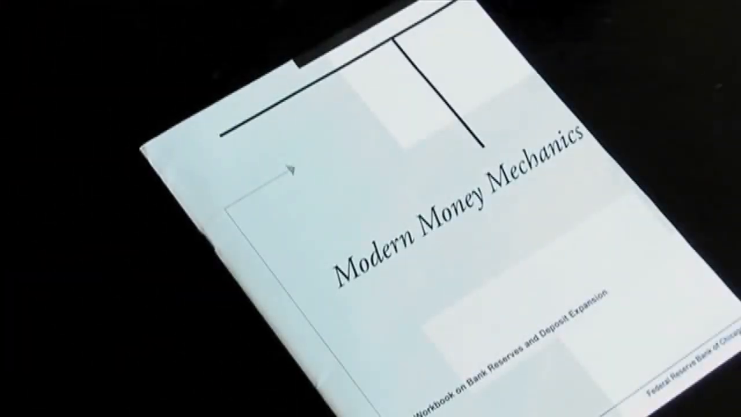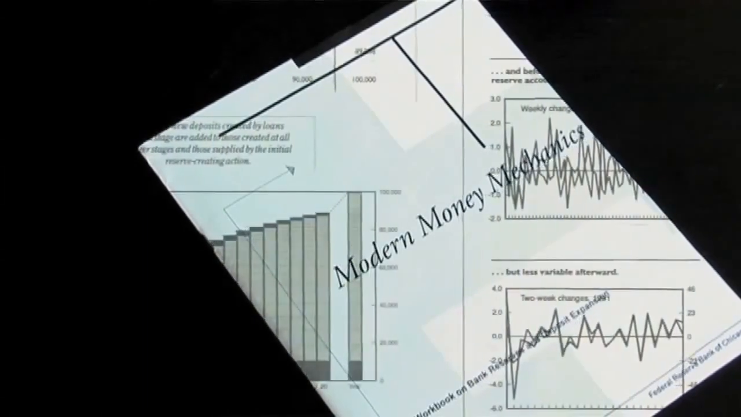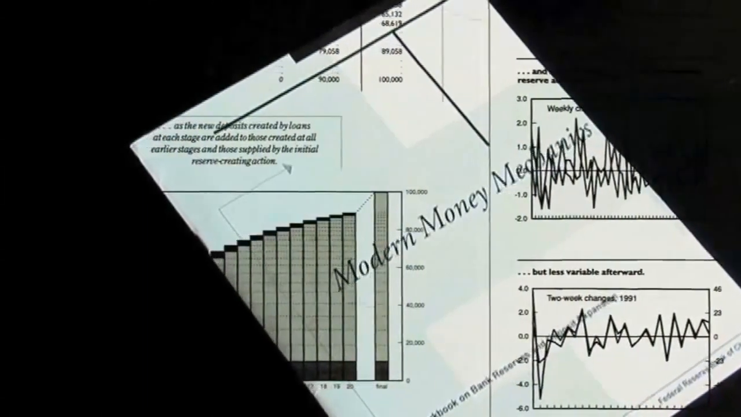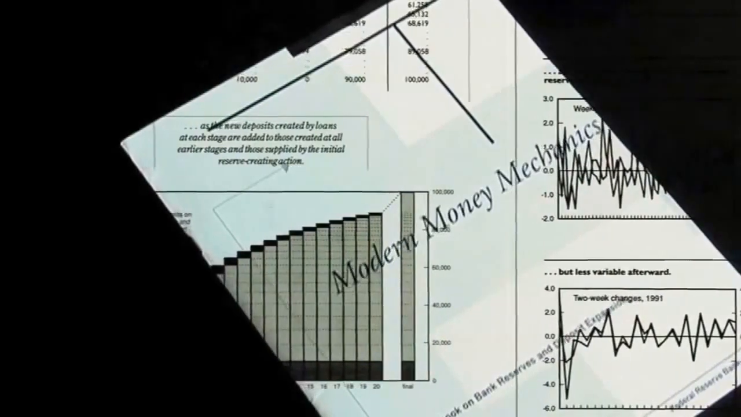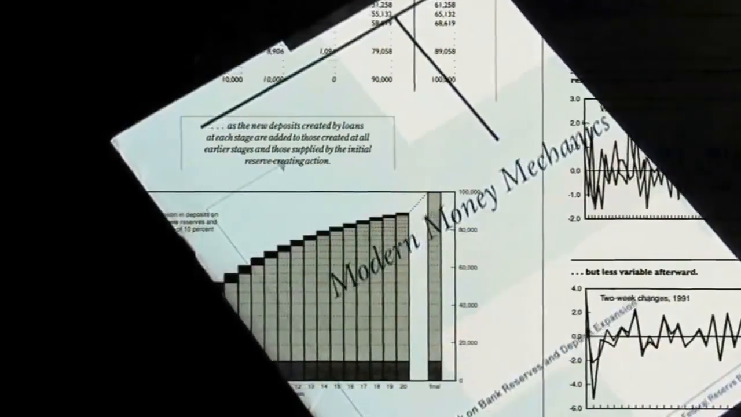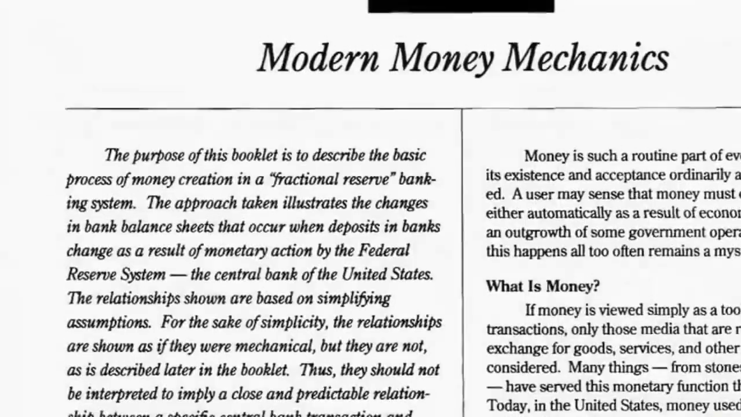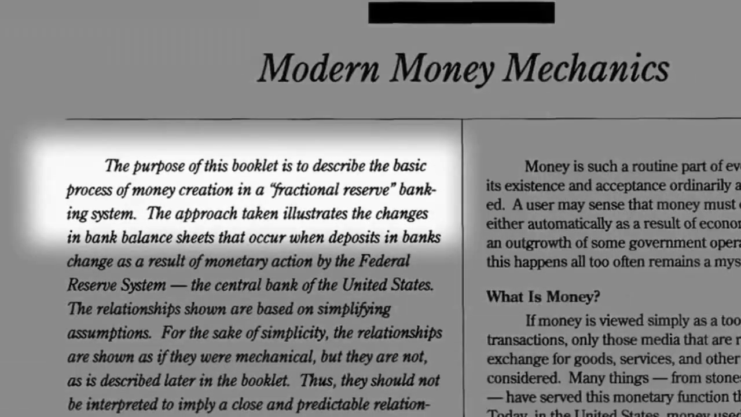Federal Reserve produced a document entitled Modern Money Mechanics. This publication detailed the institutionalized practice of money creation as utilized by the Federal Reserve and the web of global commercial banks it supports. On the opening page, the document states its objective. The purpose of this booklet is to describe the basic process of money creation, in a translation of which goes